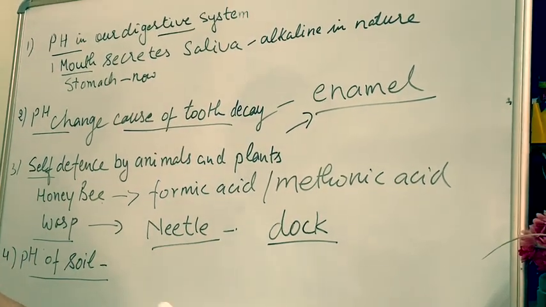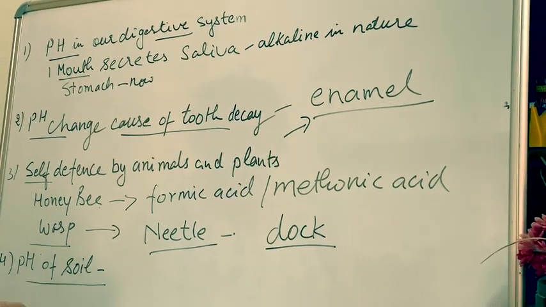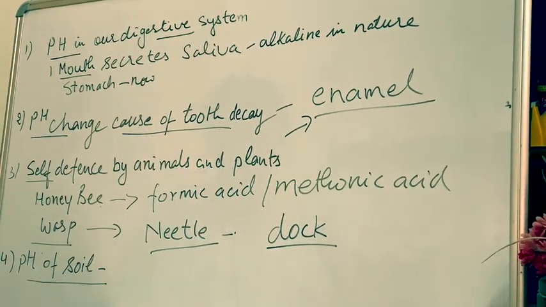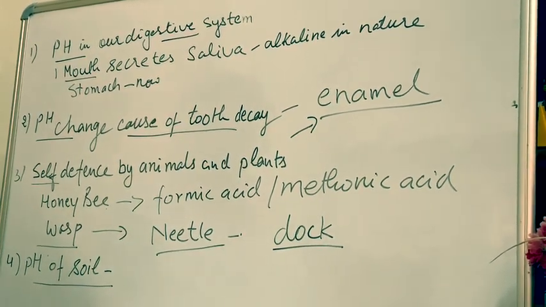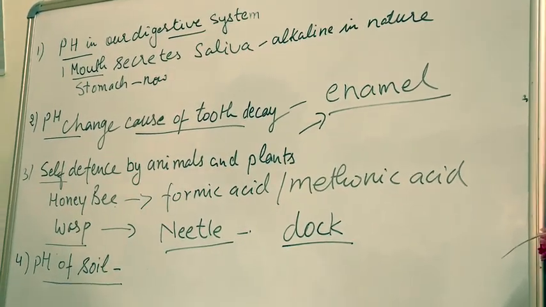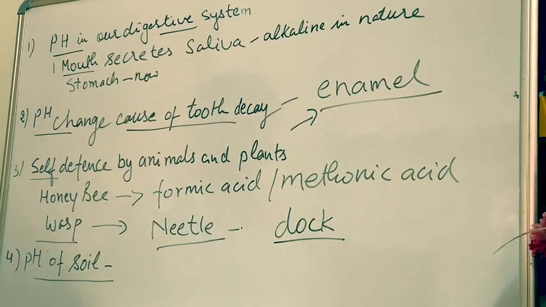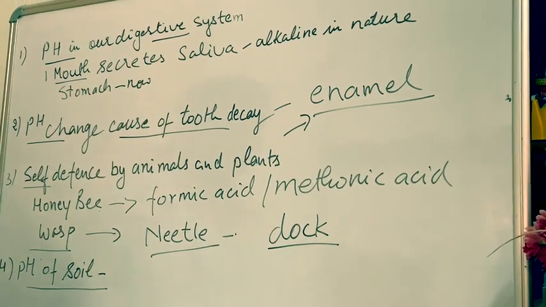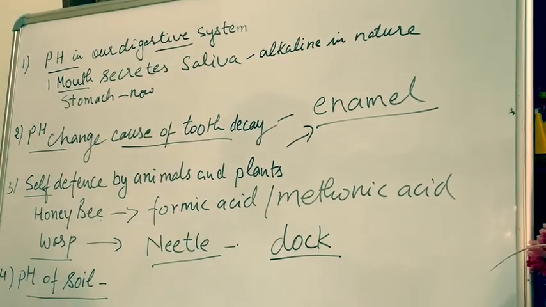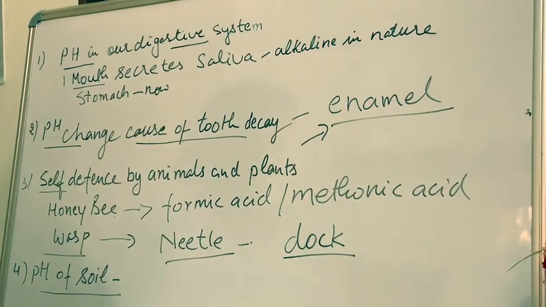After that, next is your exercise, and there is a table given on page number 28 which you have to learn, of naturally occurring acids. For example, in vinegar you find acetic acid, in orange you find citric acid, in tamarind you find tartaric acid, and so on. After that, there are some questions which we will be discussing now.